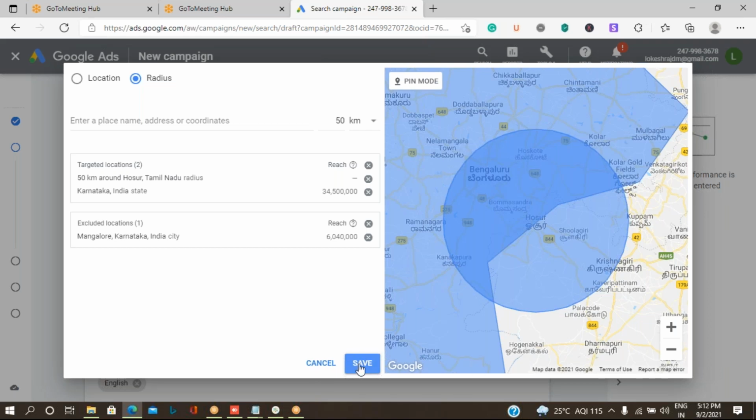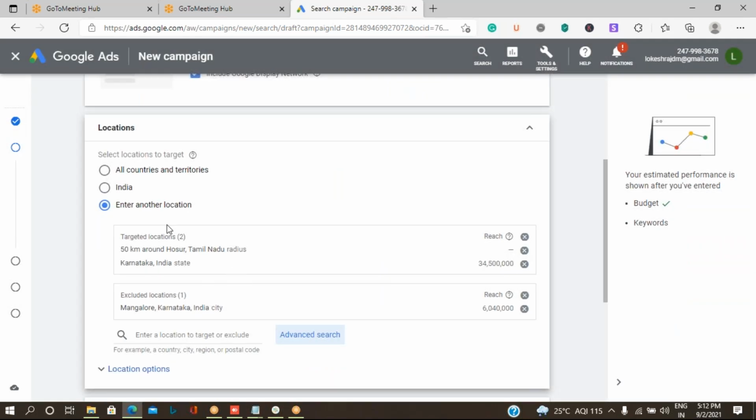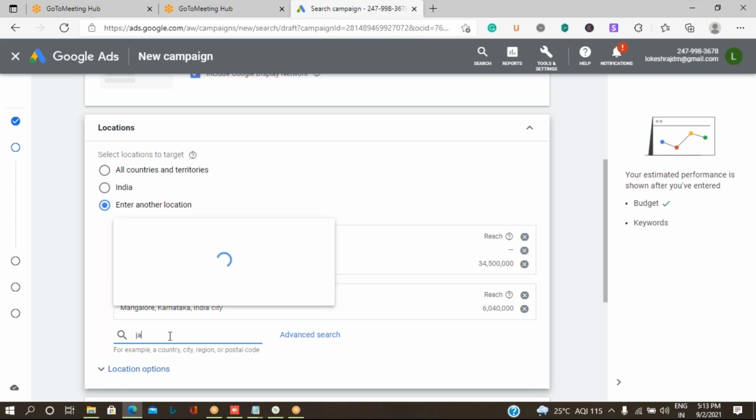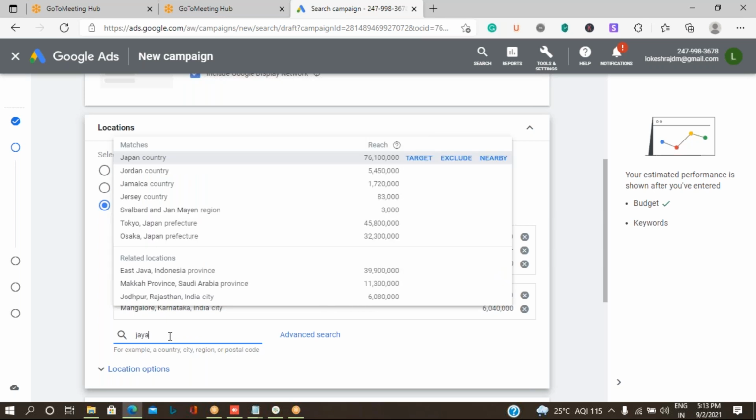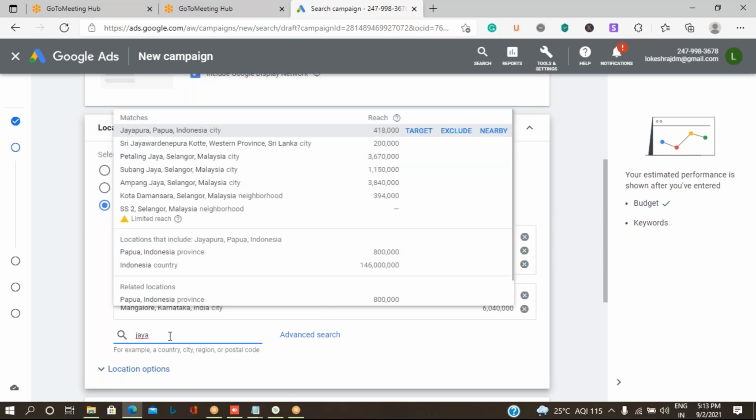Click on save. The same information will be provided over here. When it comes to a particular area in a particular city, for example Jayanagar, here you may not get the area names.